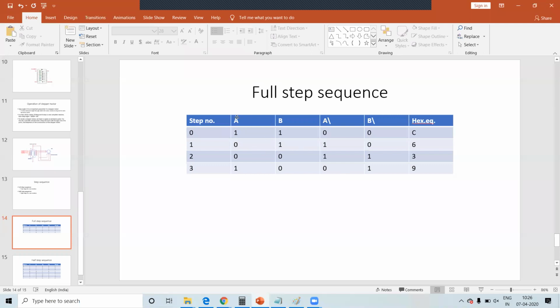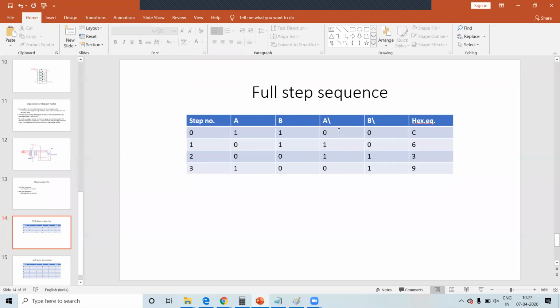So what we have to do is load your accumulator with the value 1100, or any one of them. It is not compulsory that every time you should load it with C. You can start with 0011, 1001, or 0110, because the next value is got by shifting it one bit to the right. So if you start with C,